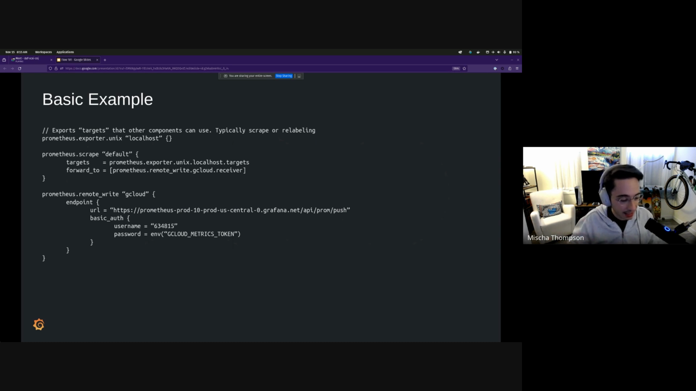And so you can see that in the next component, the Prometheus.scrape named default, its targets argument is set to the export of the previous component, its targets, and it's forwarding to the Prometheus.remote-write.gcloud's receiver. So Prometheus remote write components export a value named receiver, and that's what you can send, effectively,